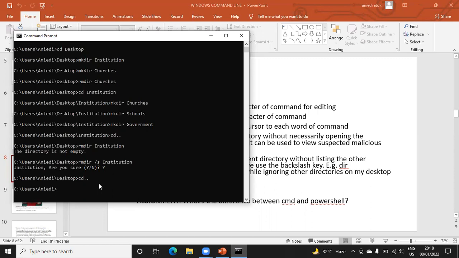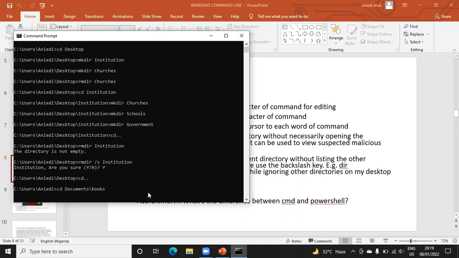Let's say we want to enter documents. So we write here cd documents backslash. Let's see what's under documents. We have